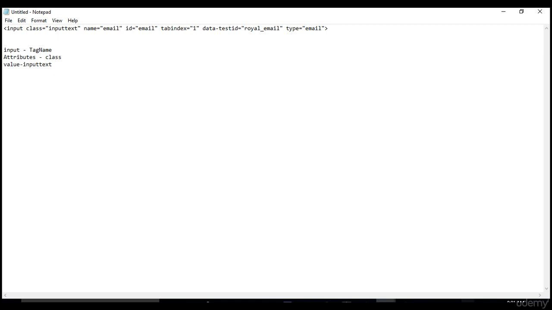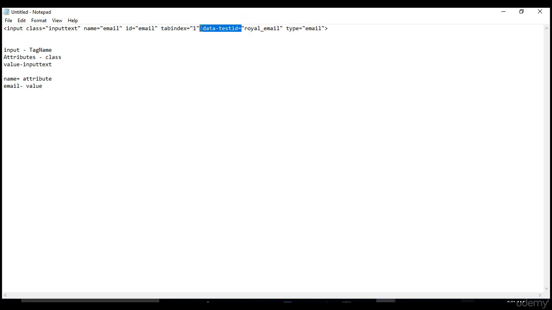Similarly, name is one of the attributes, and email is the value of the name attribute. This is how they are differentiated. Again, ID is an attribute, email is the value of the ID attribute, and type is also one attribute.